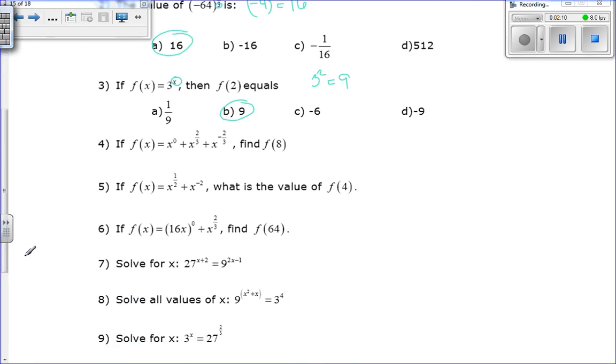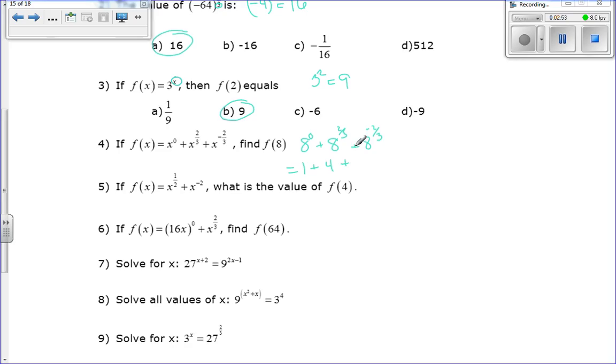For number 4, I'm going to substitute 8 in everywhere I see x. So I have 8 to the 0 plus 8 to the 2/3 plus 8 to the negative 2/3. And then I'm going to evaluate each individual term. Anything to the 0 is 1. 8 to the 2/3, so I take the cube root of 8, which is 2, and then I square it, so that'll give me 4,